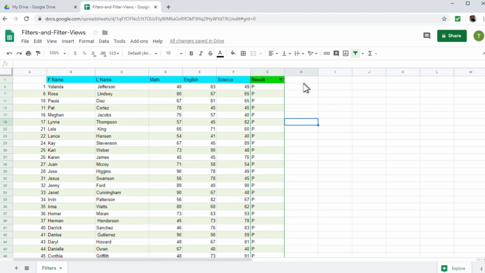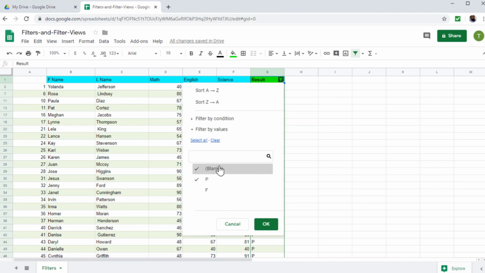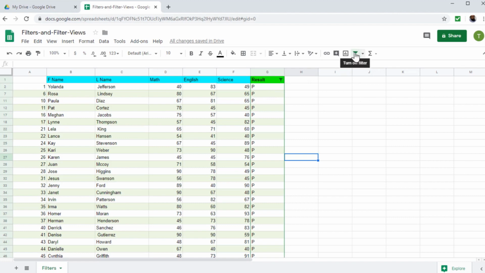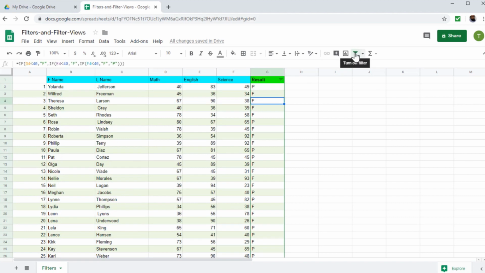If I want to modify this filter, I click here again, and in this column we have only two types of entries, so it is very easy to uncheck one. But if you have, for example, 20 types here, then the best way to apply a filter is to first clear, which will clear everything, and then select whatever you want. So this is the simplest filter, which is applied by just selecting what type of entries you want. In order to remove this filter, I hover here and it shows me turn off filter, and if I click now, the filter will be turned off. As you can see, these lines have disappeared, the green color is gone, and the icon has changed.